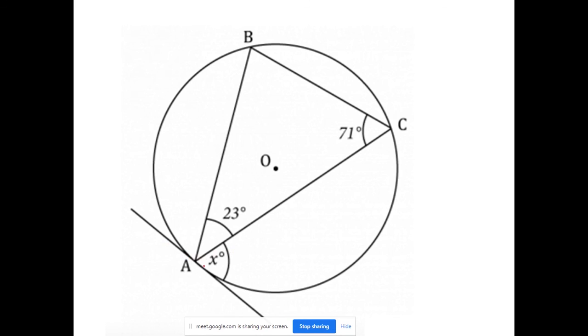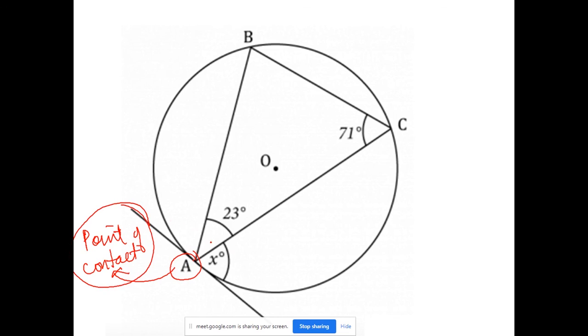Okay, angle X is nothing but the angle made by the tangent. Here, the point at which the tangent touches the circle, that one point, by the way, is also called the point of contact. It has a special name. It is called the point of contact. So the angle made at the point of contact and the angle at the circumference, that is x degrees, would be equal to the angle made in the alternate segment. So what is the angle AC is making in the alternate segment? This is x. This would also be equal to x.